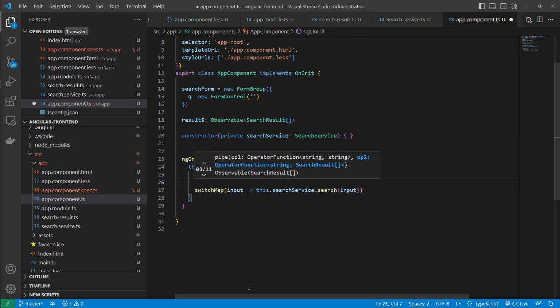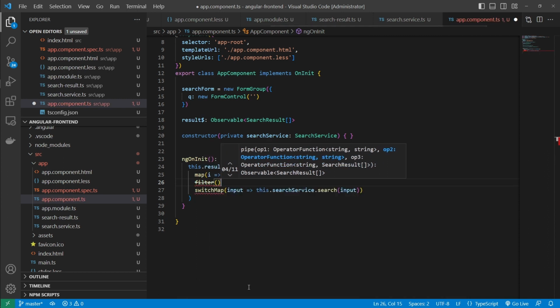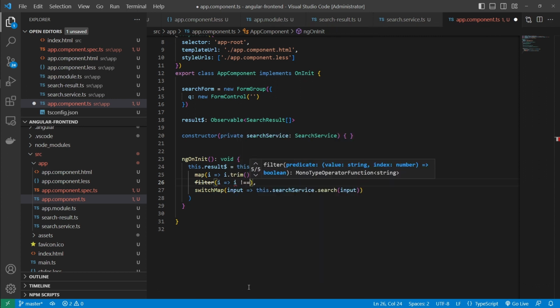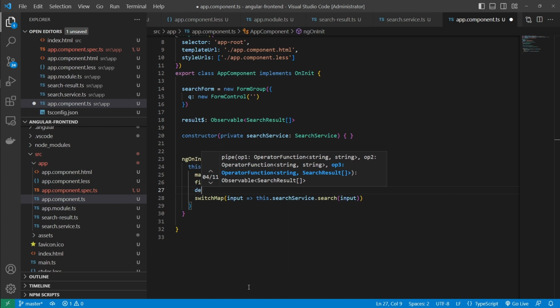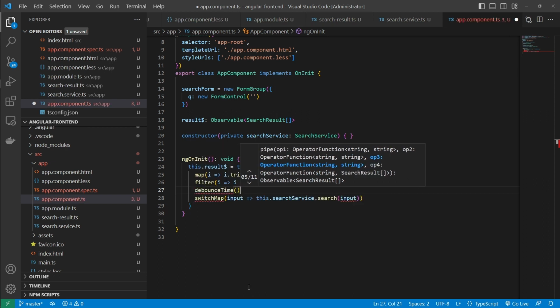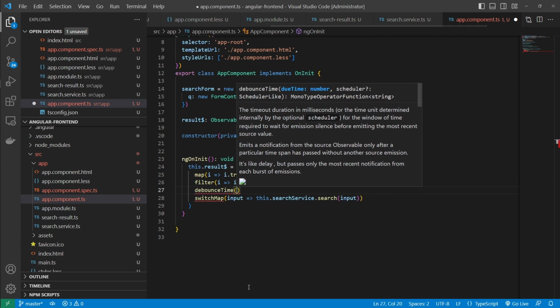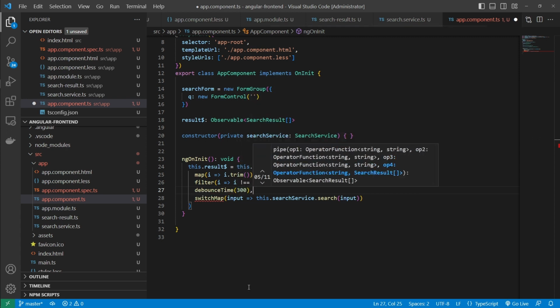And then we'll filter out blank strings. So we'll say that we need to filter, and we'll accept only inputs that are different than blank strings. And next, if the user types really fast, we don't want to hammer our server with HTTP requests and then cancel them. So we want to wait a certain amount of time. To do that, we can use the debounce time operator, and we'll wait for 300 milliseconds before performing